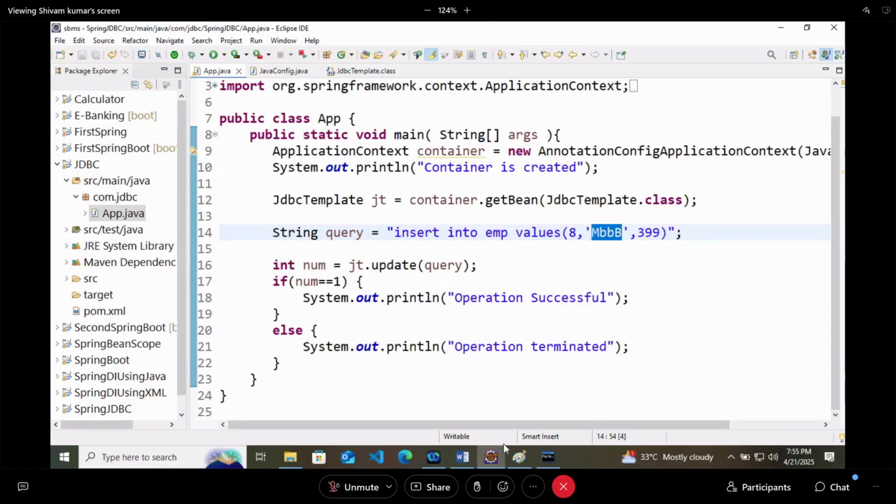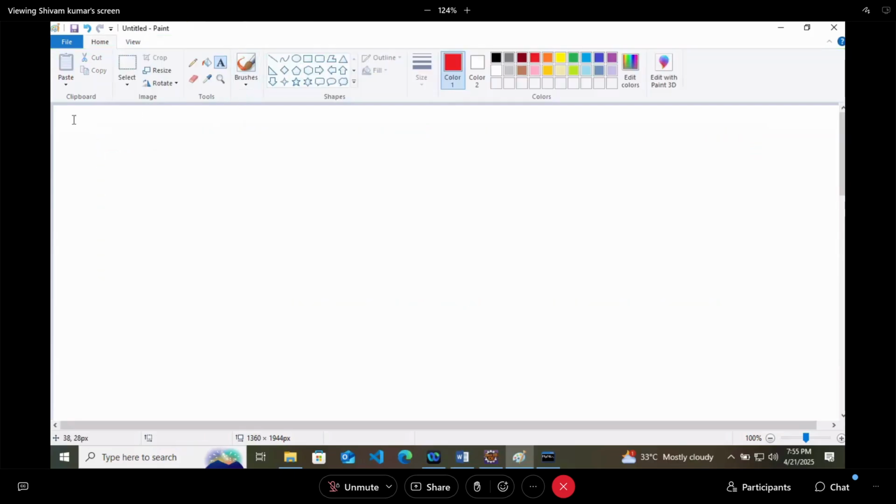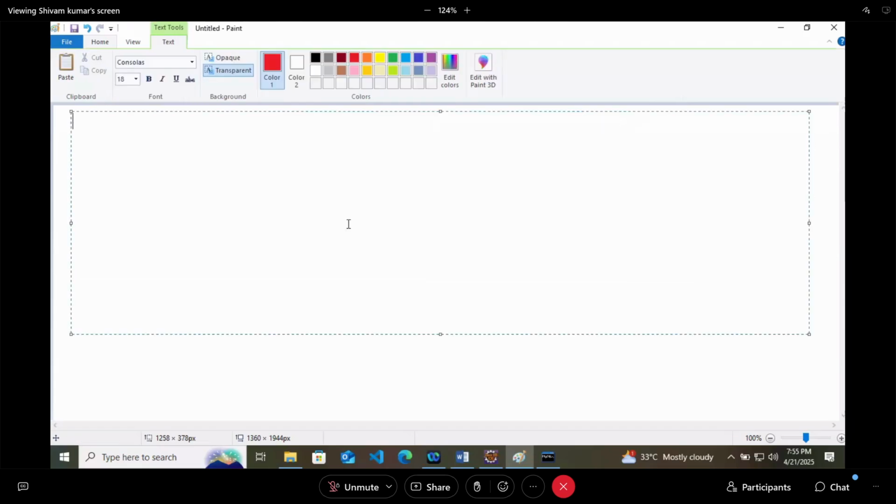Now, for a minute, let's understand how this JDBC template is working. Working of JDBC template. Then we will see a lot of methods about this particular class, but let's understand how it is working.